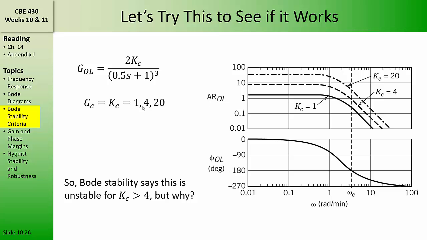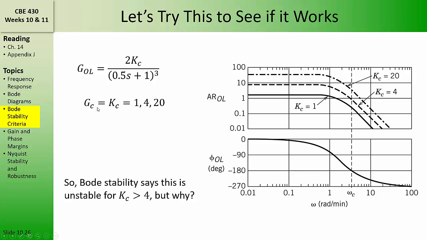Now when we change the gain of the transfer function, the phase angle plot stays exactly the same. That's because the gain multiplies both the real and imaginary parts, and so it doesn't change the value of the phase angle. This phase angle plot corresponds to all three of these controller gains. Notice that the gain crossover frequency